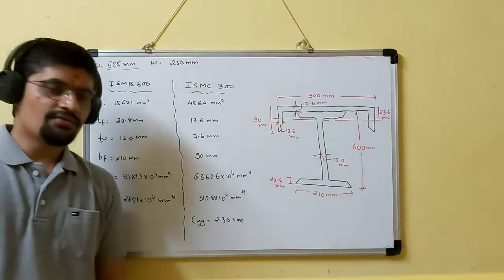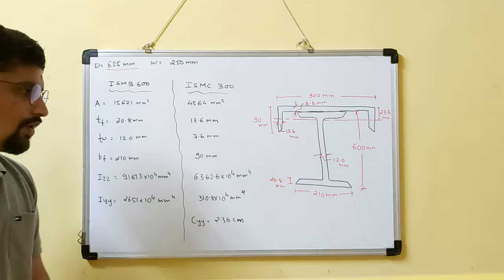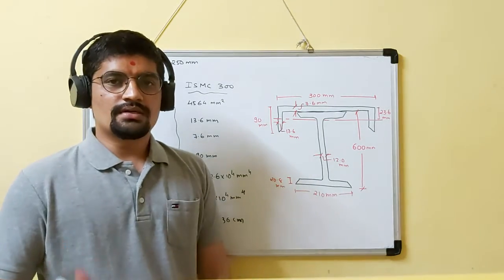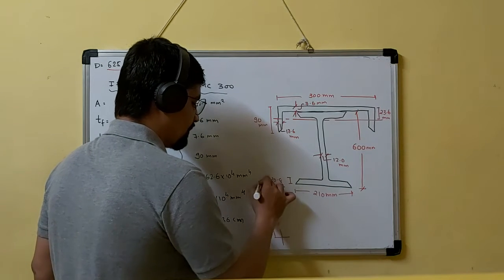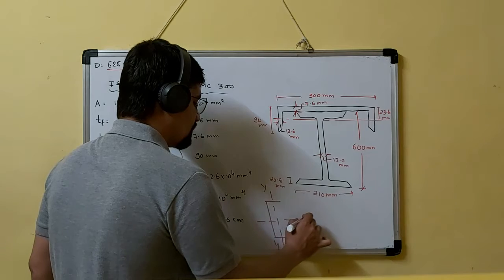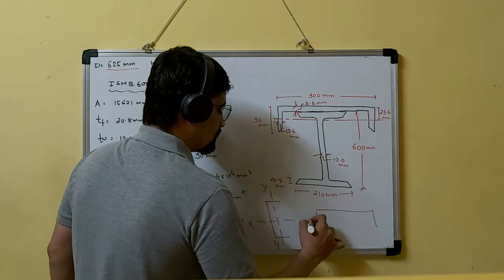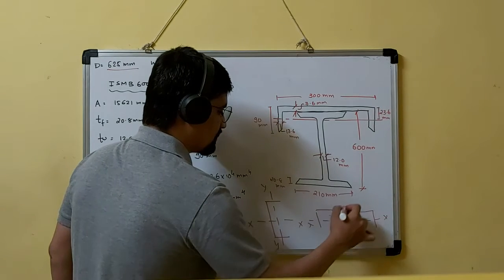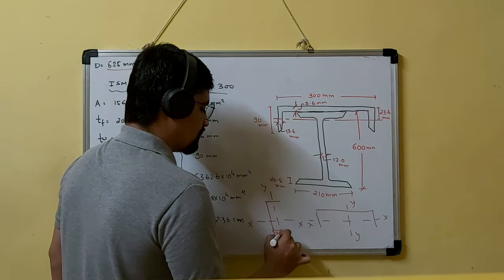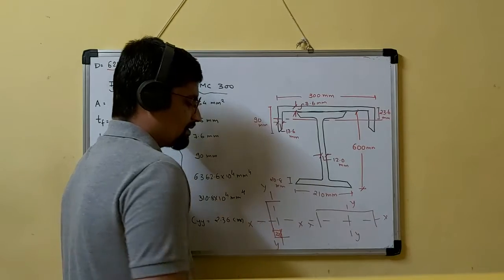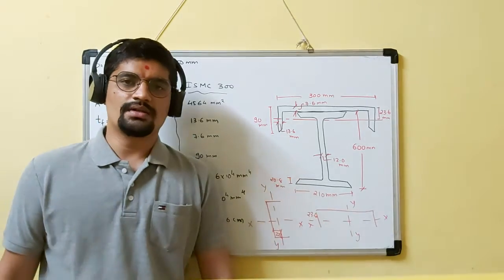Now you will be confused that we have been given the value of CYY, then why are we writing it in the XX direction? Because whenever you choose your section from the steel table, the section is given like this. At that time, this will be the YY axis and this will be the XX axis. But we are providing our C section like this. So here this axis becomes XX and this axis becomes YY. That's why the 23.6 is given like this, and for our section it will be like this. The axis gets changed.